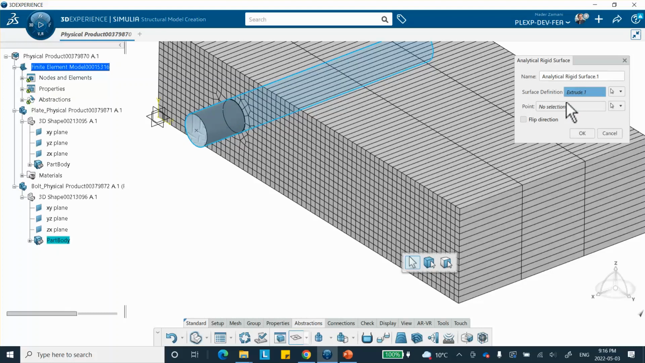Remember, we did an extrude. And for the point, select this point that we created. Remember, it was at the center of this circle. Now, if you are having a hard time picking it from the screen, you can select it from the tree right there. Okay, so this is the reference point associated with that